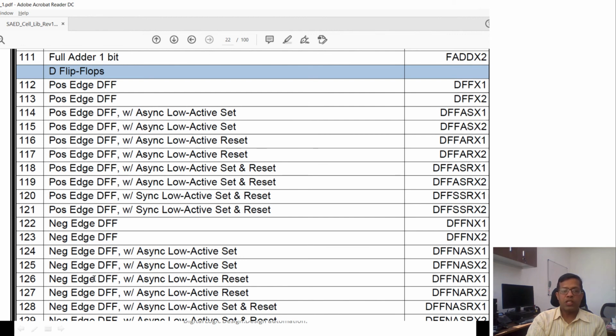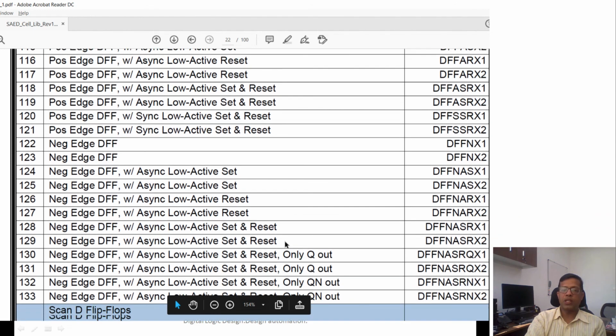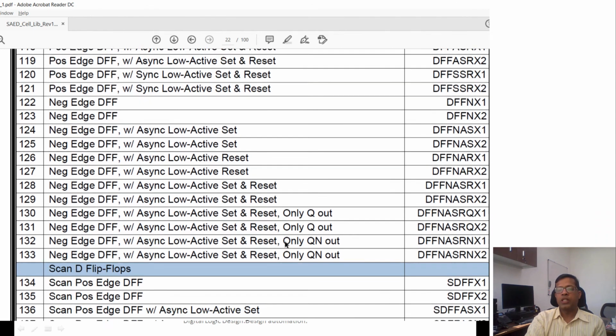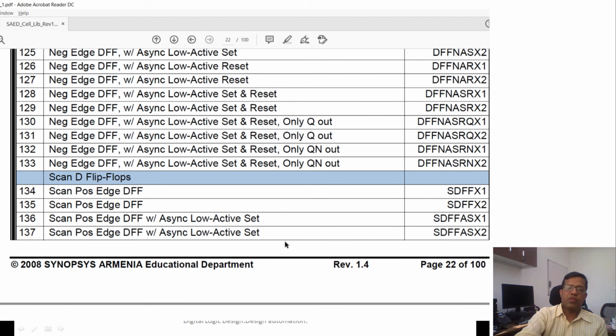This is positive edge, similarly negative edge. All variants of D flip-flops are present, but not the other flip-flops, since if we have a D flip-flop, we can also design other flip-flops.